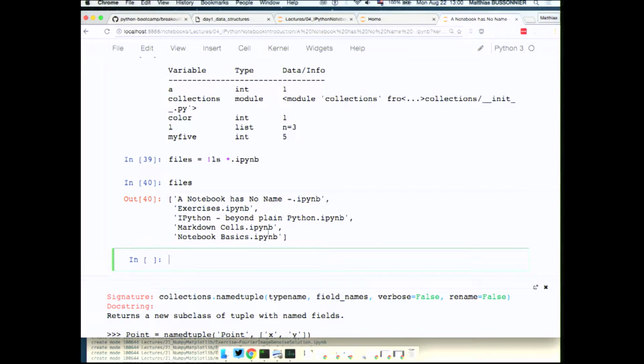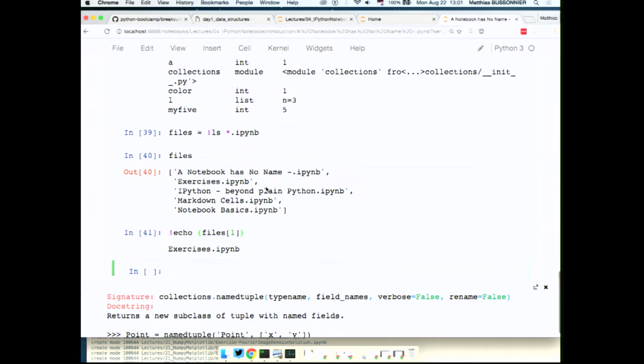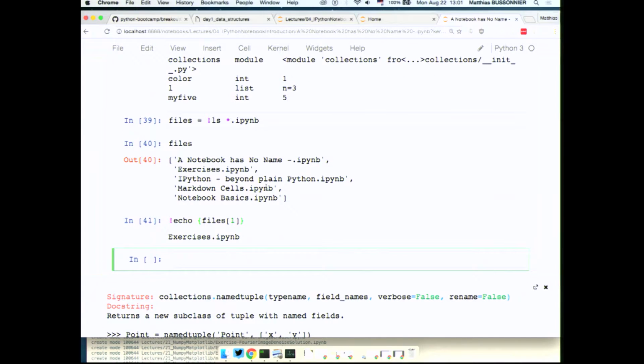So for example, here, if I want to echo the second notebook name, I should be able to use curly brackets and do files1, and this should echo exercise.ipynb. And so you can decide that you have some analysis script that needs to be run from inside Python. And in a notebook, you can shell out to something and come back to your workflow without having to switch tools, which is extremely